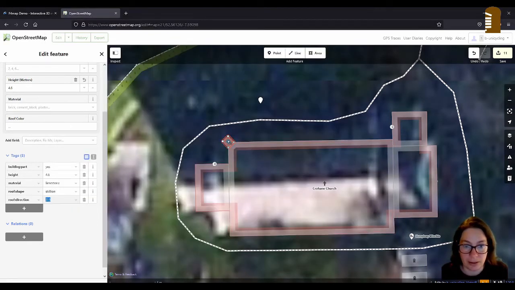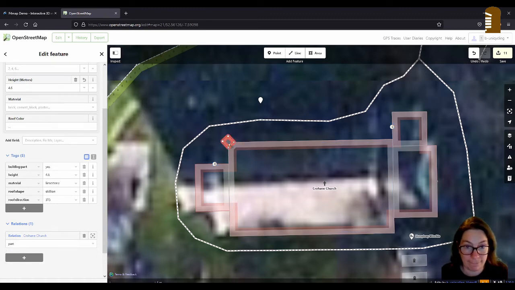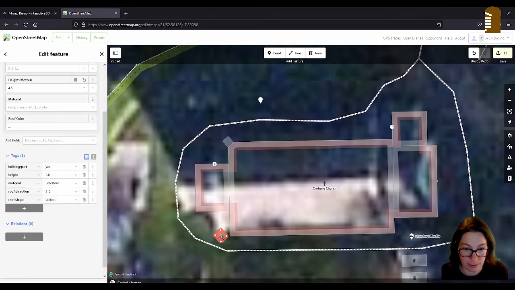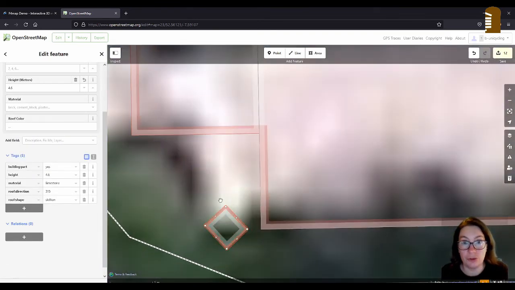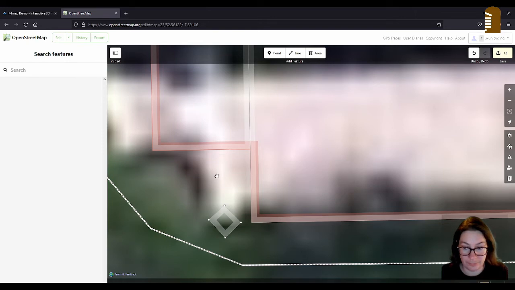I don't think they had slate roofs. I think they were just completely out of stone. So I'll highlight this, and I think, oh yeah, I have to add it to the relation, obviously. Part. And I'll copy that and paste it here. Can I not copy that? I can. And then to rotate anything on the map that is an area, you hit your R key, and then it activates the rotation.